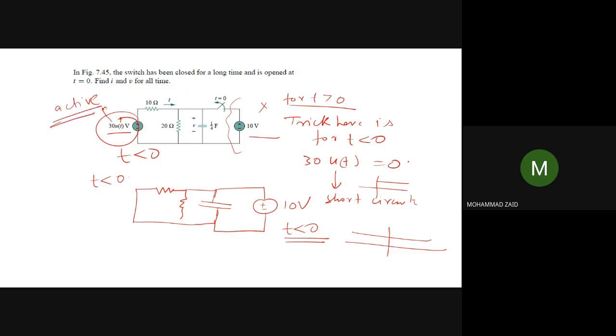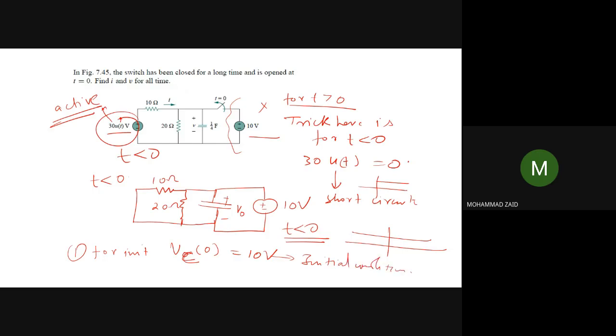So what you need to do, I am leaving this problem for you. This is also a solved problem. Very simple. The trick I have already explained. So for step 1, you have to calculate the initial condition. For initial condition, this becomes 10 ohm, this becomes 20 ohm. So you need to find the voltage V naught. That voltage V naught for t less than 0 is direct. The capacitor is in parallel with the source. So Vc0 will be equal to 10 volt. That will be the initial condition. Now it is defined.